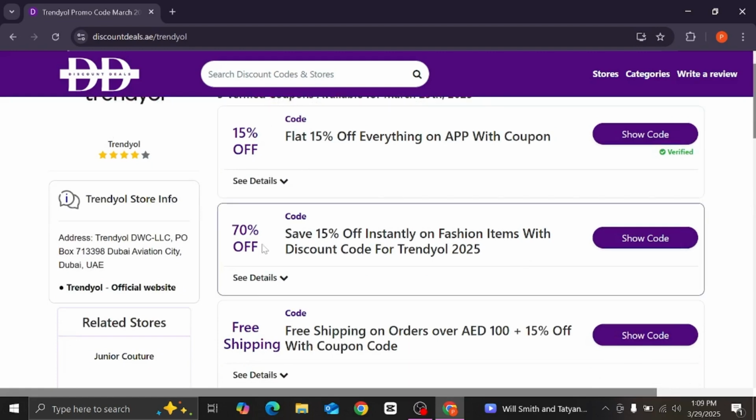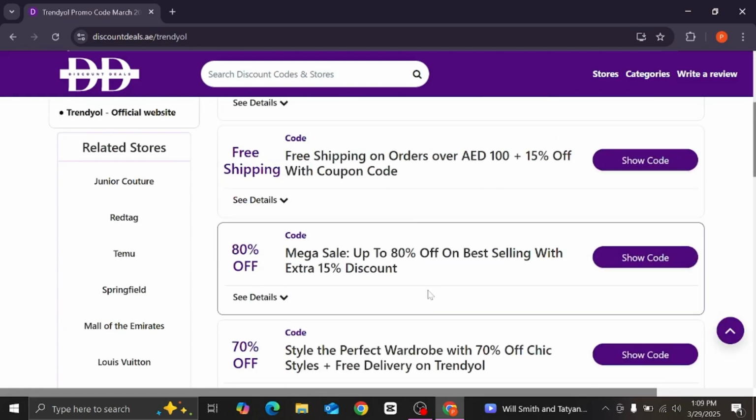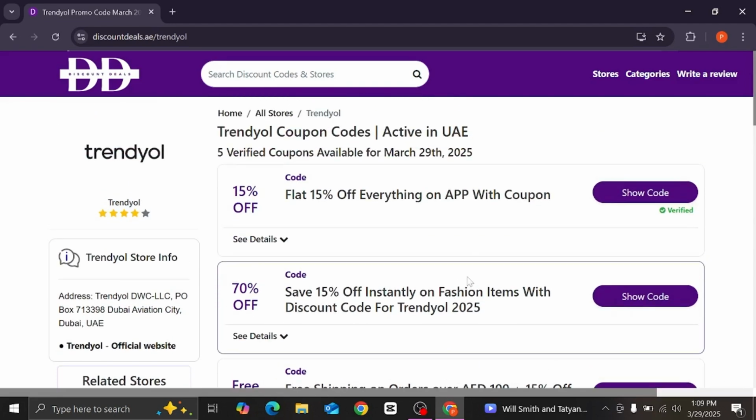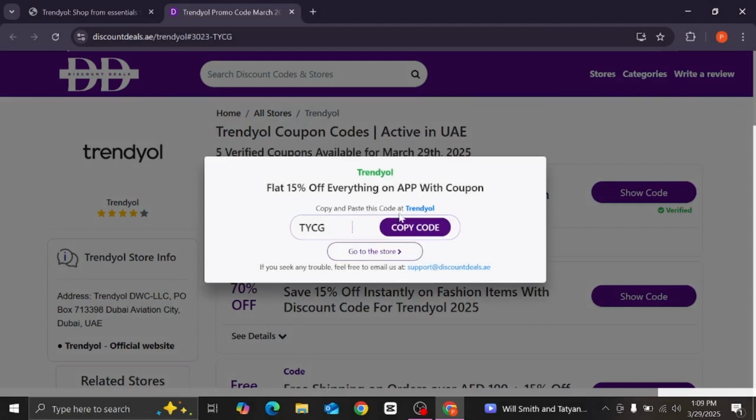Here there's 15% off, 70% off, and there is free shipping, 80% off, and many more. I'm going to choose this 15% off because you can see this is legit and verified. So I'm going to click on the show code, and then this will show you the code. Here you can see this is the coupon code of Trendyol, and if you want to just copy this code, click on copy. You have now successfully copied the code,